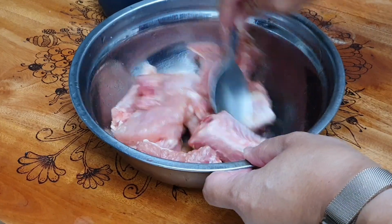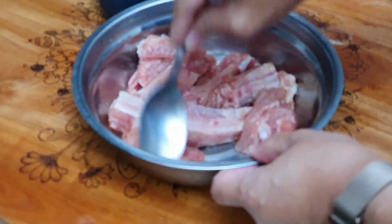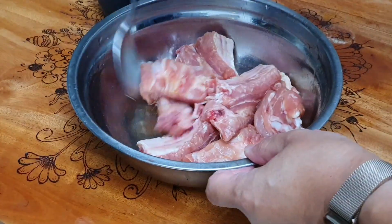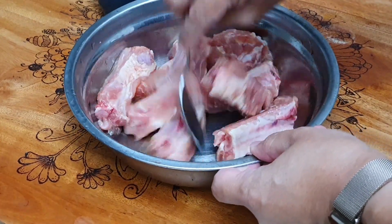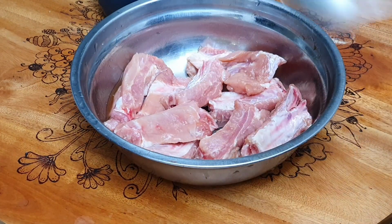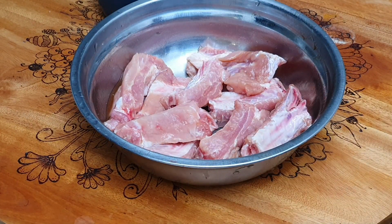And give it a few stirs. Wow, I can smell the fish sauce. Do you know you can actually use fish sauce to replace your salt and light soy sauce? Yeah, there's one option for you. Okay, so I'm going to leave it here for a couple of minutes while I prepare the